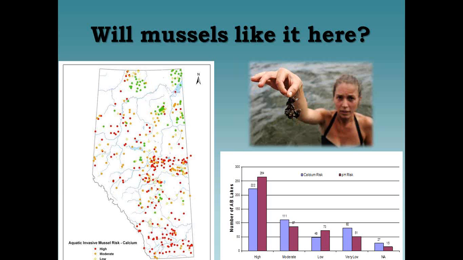So the map you see, the red dots are a high risk, so high calcium or the right window of calcium in those water bodies. Orange is a moderate risk, yellow is low, and green is very low. So the only place that you're seeing a very low risk is up in the Shield, where the lakes are quite different. But there's really not a lot of boat traffic up there anyway. So essentially what this map tells me is we really are vulnerable all over the province. There's another way to look at it there in the graph, so that's the number of lakes that are high risk, moderate risk, low risk, etc.